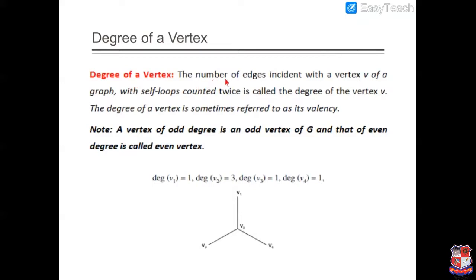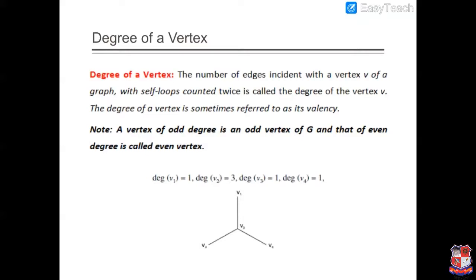The degree of a vertex is the number of edges incident with a vertex V of a graph, with self loops counted as twice, and is called the degree of the vertex V. A self loop is counted twice for the degree of a vertex. The degree of a vertex is sometimes referred to as its valency. Now, a vertex of odd degree is an odd vertex of G and that of even degree is called an even vertex of G. So, in a given graph,